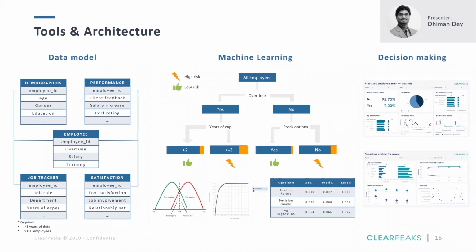What's your salary? Have you gone through any trainings and such information? The job tracker specifically talks about the role that you work in, which department, who's your line manager, how many years of experience, how many years have you been working in that role, and so on. Satisfaction metrics are basically done through different survey analysis.